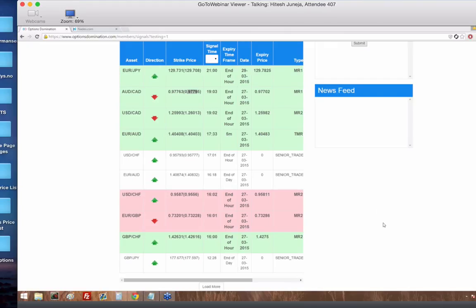Okay, so this question was addressed by Chip, but Chip, I hope you can address this a little bit more clearly. Options Domination is already the largest trading and signals platform in this industry, and we've been around for a week and we haven't opened to the world yet. We're about to open up to the world. In that scenario, we'll obviously have a lot of people taking these signals. What happens, Chip, if we have 20,000 Options Domination users coming in and taking similar trades?